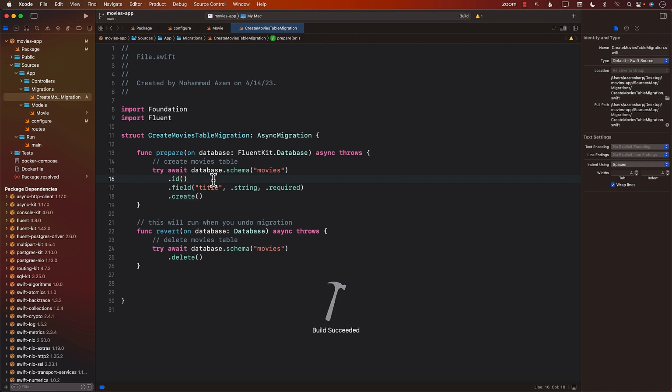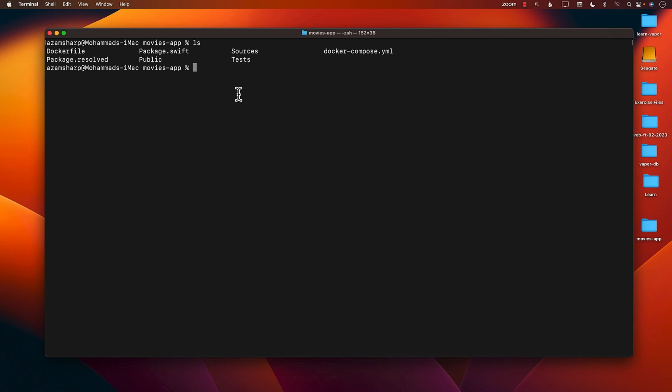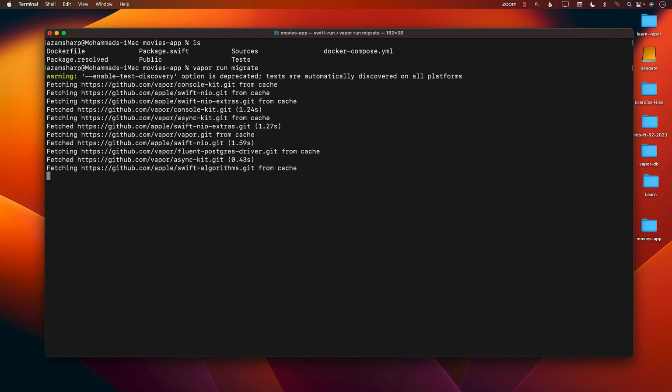Okay, so we created our migration, which looks good. The next part is how do we run the migrations? So let's go ahead and see how we can do that. One way to run your migration is to simply open up your terminal, go inside the root folder of your project. In our case, it is MoviesApp, and then run the Vapor command: vapor run migrate. This is going to try to run all the migrations that have not been run before,